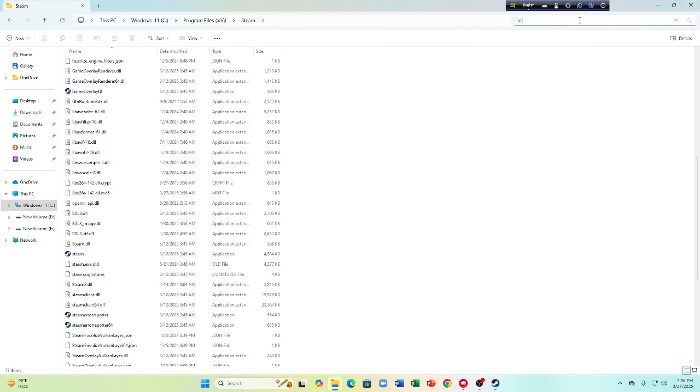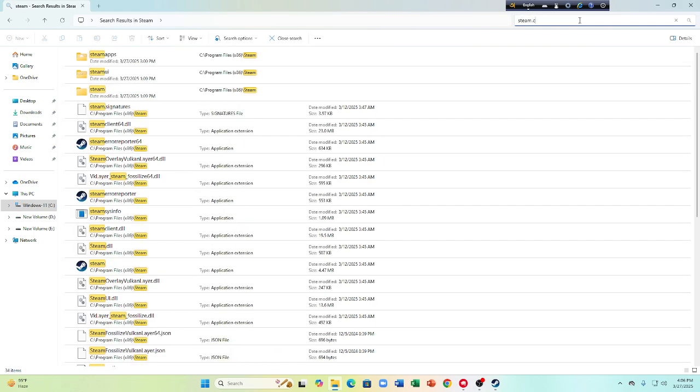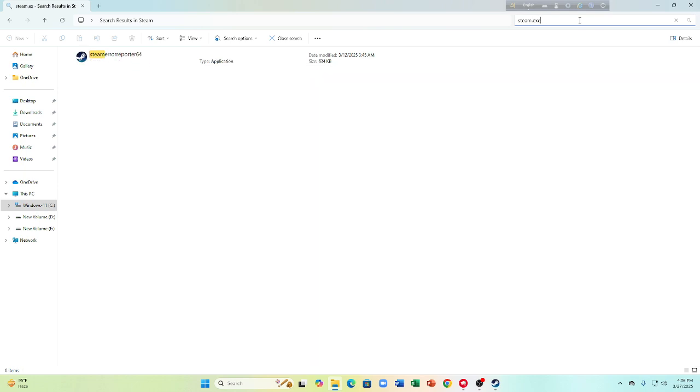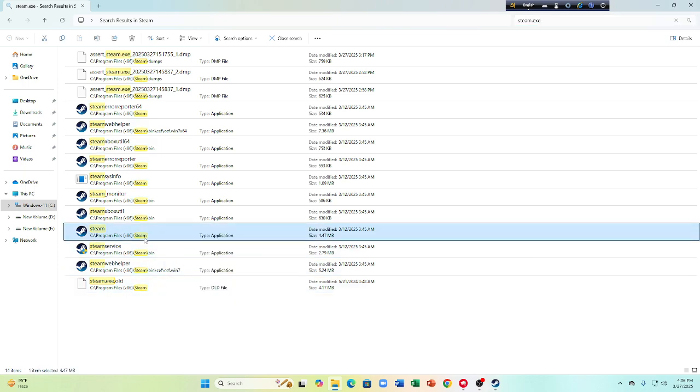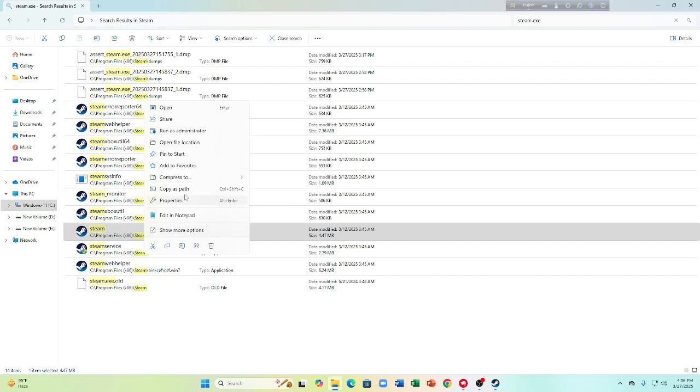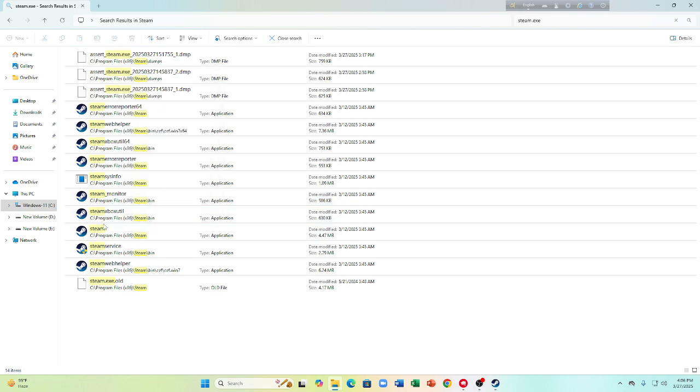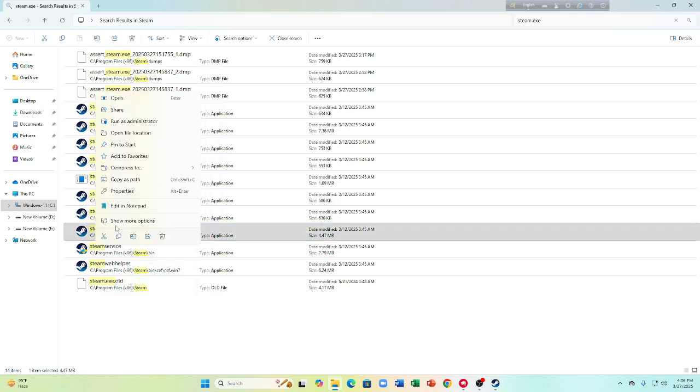Randomly manually you can search it from here. Steam.exe. Right click the steam.exe and choose properties. Choose the properties. Let me find the option. Here you can see the option properties, tap onto it,